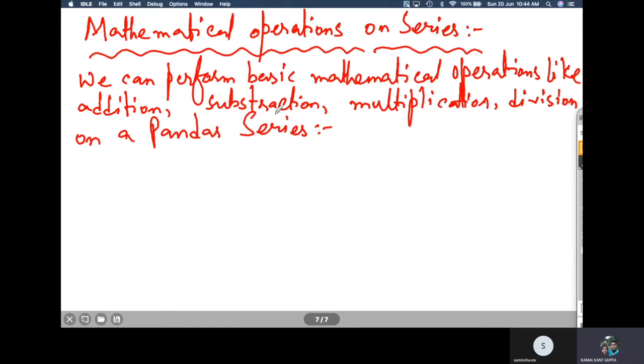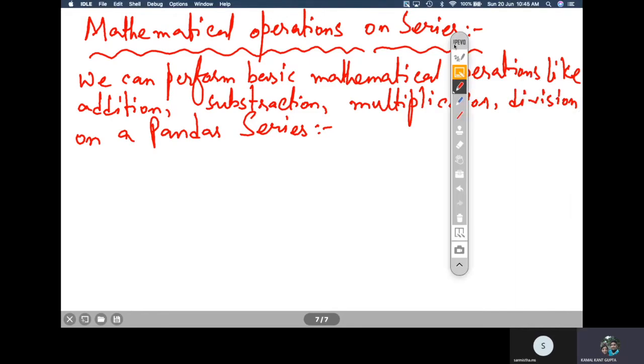But what if the values are NaN values? If you multiply two NaN values, what will happen? If you add a NaN value with a numeric value in another series, what might happen?